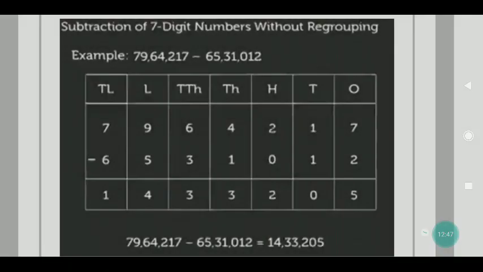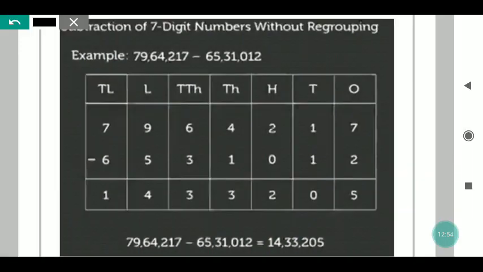The next question, you can see, my dear, 7-digit number, it is already written. It is already mentioned upside for you. Subtraction of 7-digit number without regrouping. Without regrouping means without borrowing. Okay, previously we have done borrowing, here it is easy. But here you can see in the previous question place values were not mentioned upside, but here the place values are clearly mentioned. Okay, so you can see from the ones place till the 10 lakh place it is written because it is a 7-digit number. So now let's start.